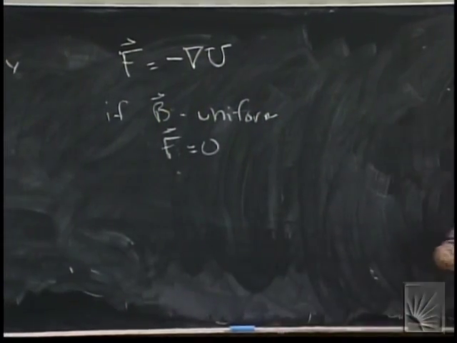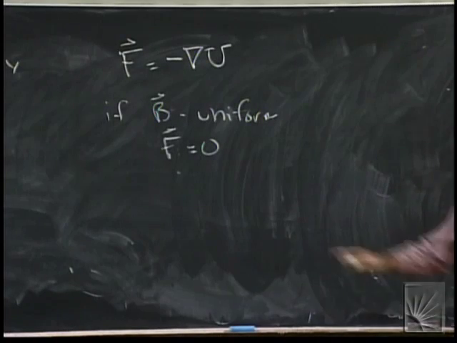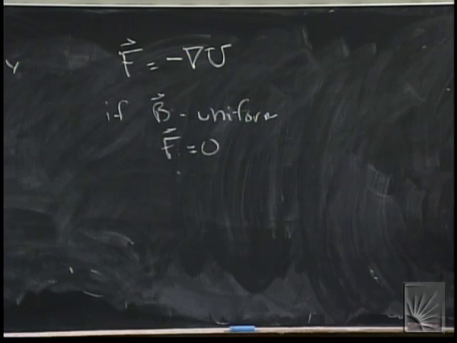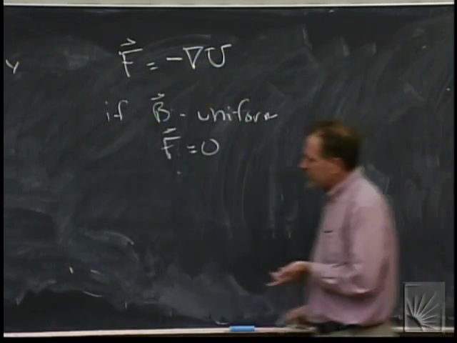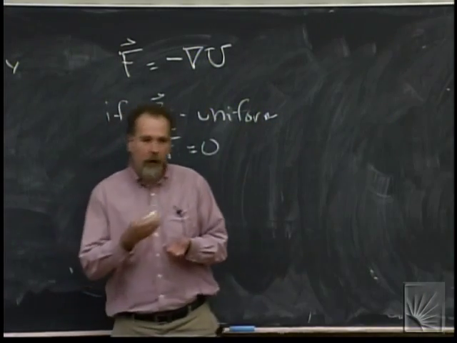Okay? But if the magnetic field is not constant, then the fact that the magnetic field isn't constant is going to make the atom move. It's going to make the electron move. All right? Simple enough. And then that's a way to measure m sub L and sort of probe this quantum